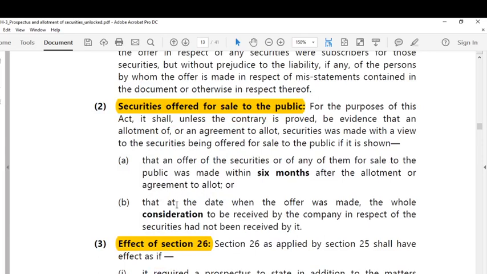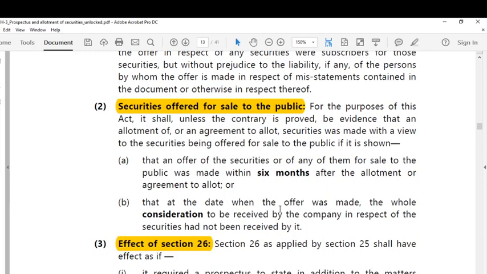And here, if an offer for the sale of the securities to the public was made within 6 months after the allotment or agreement to the allotment, or at the date when the offer was made, the whole consideration to be received by the company in respect of the securities had not been received by it,